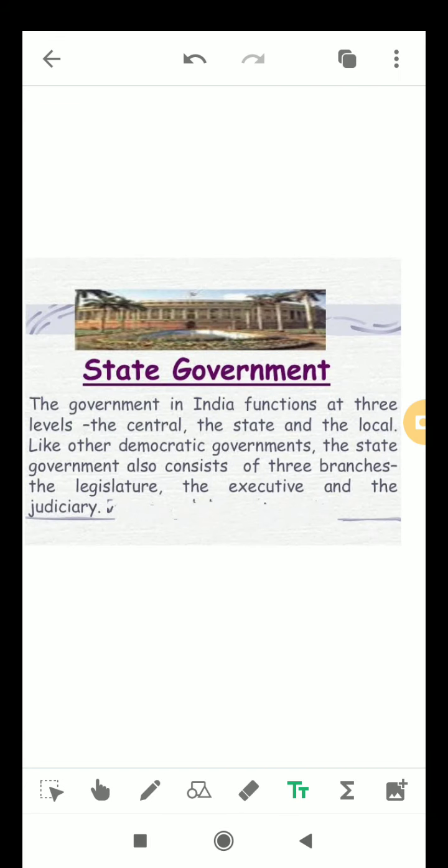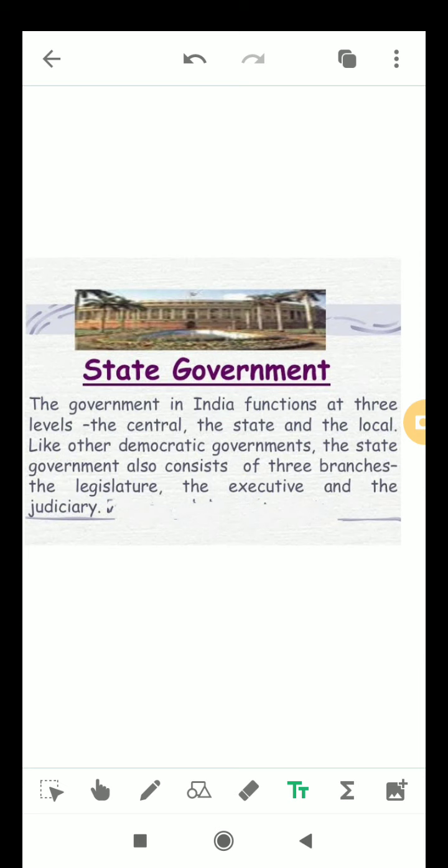State government, my government, our government. Yes. So, students, as you all know, India is a huge democratic country with 28 states and 8 union territories. For the distribution of power between the center and state, it has been provided for in the Constitution of India for the smooth functioning of the country.